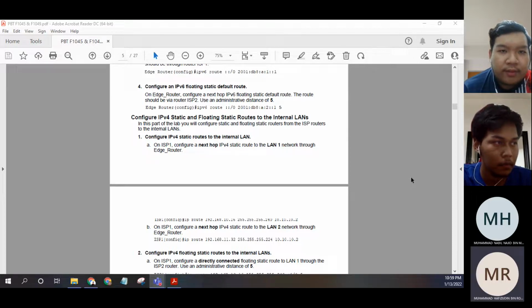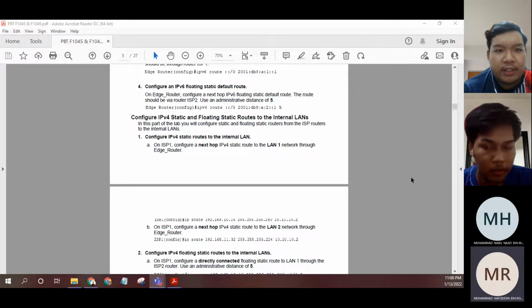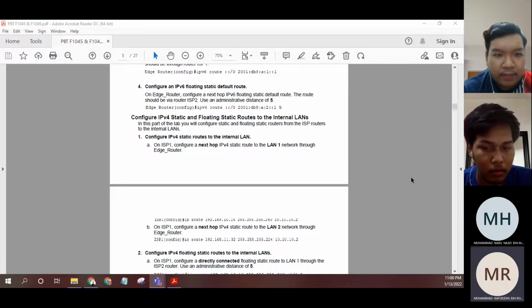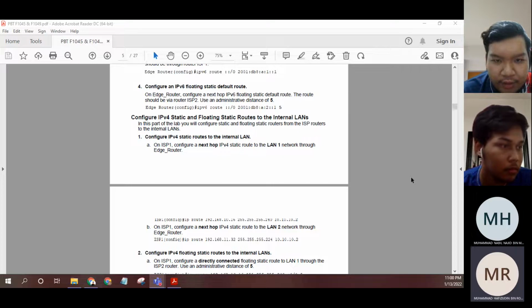Configure IPv4 static and floating static route to the internal LAN. In this part of the lab, you will configure static and floating static route from the ISP router to the internal LAN. Pertama, configure IPv4 static route to the internal LAN. On ISP1, configure next hop IPv4 static route to the LAN 1 network through edge router. Dekat ISP1, IP route 192.168.10.16 255.255.255.240